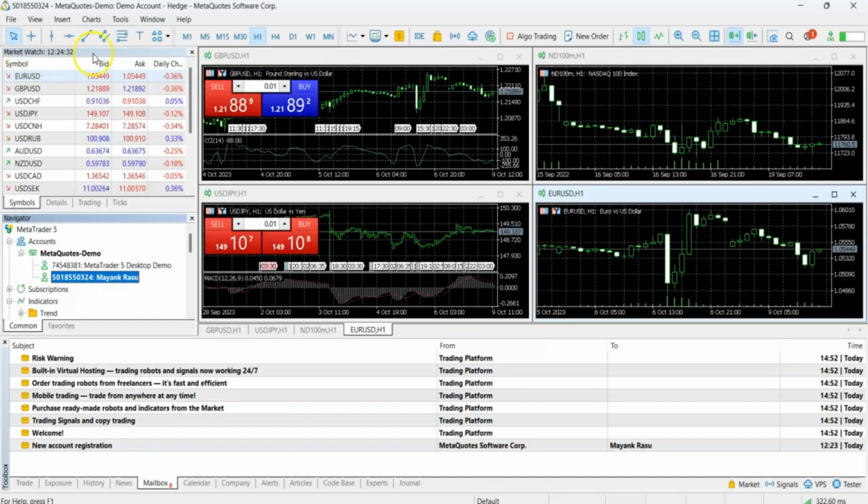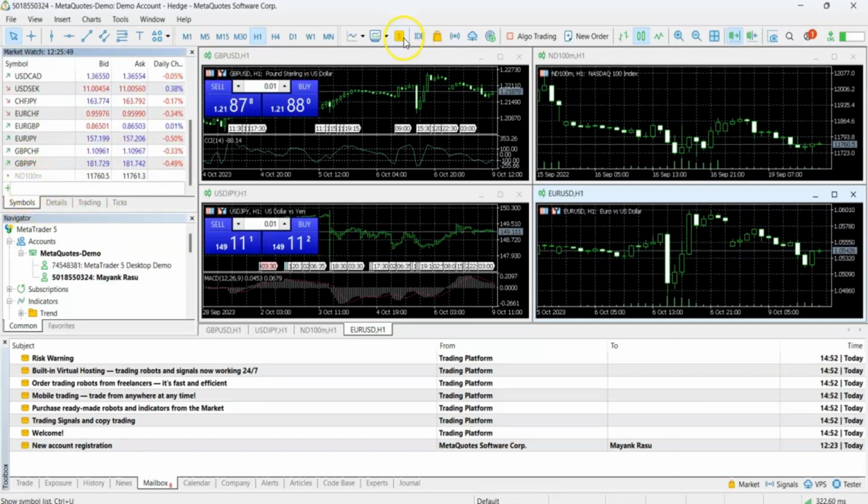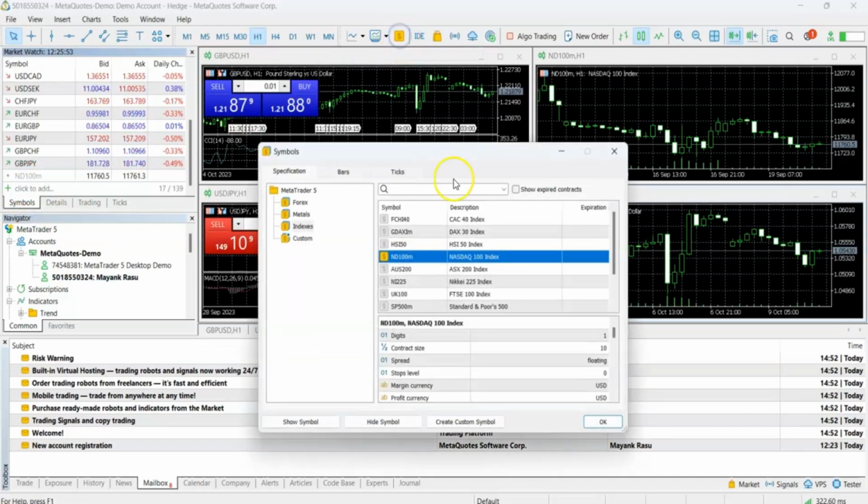Okay, and then there is a panel called Market Watch, where you get real-time market data for whichever symbols and whichever tickers you are interested in. So right now you can see that by default, it has provided me with most of the major currency pairs. And if you want to remove something, you can do that. If you want to add something, you can add that. Or if you want to add a new symbol here, you can click on this, show symbol list. So you can actually choose whatever asset type you're interested in. So let's say, for example, I want to trade indices. These are all the indices that I can include. And then here you can click on it and then click OK, and then it will be added in your